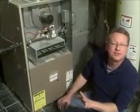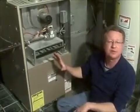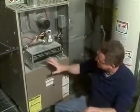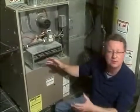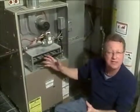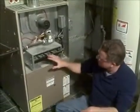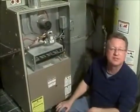I'm going to share a couple troubleshooting tips for these new high energy efficient furnaces. And there's not a lot that the typical homeowner can do because they're so complex. But two things you can troubleshoot is the igniter, and usually they're a hot surface igniter or a heating coil, and then the flame sensor. And so I'll show you where they are first, and then I'll give you a couple tips on how to